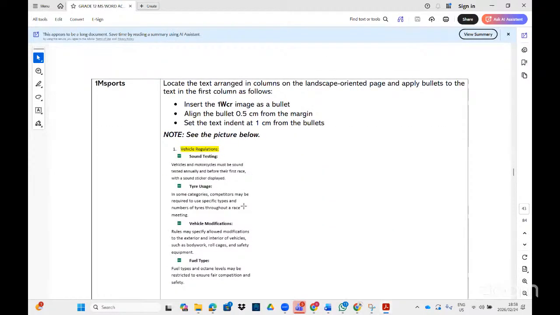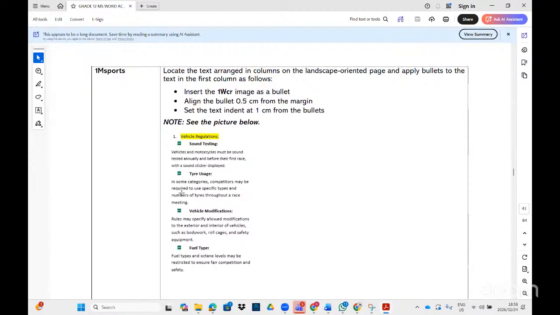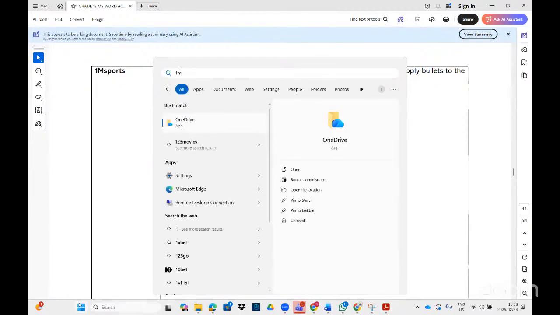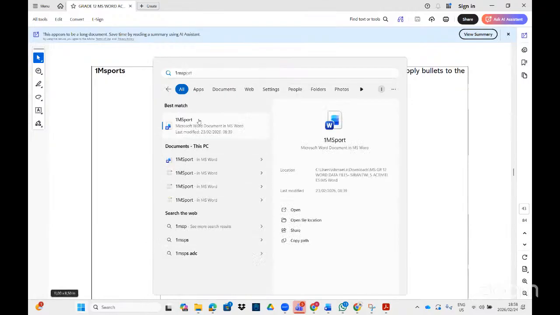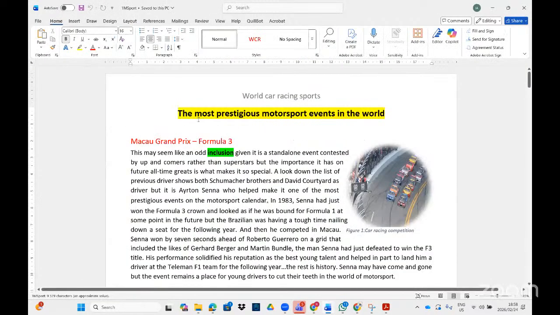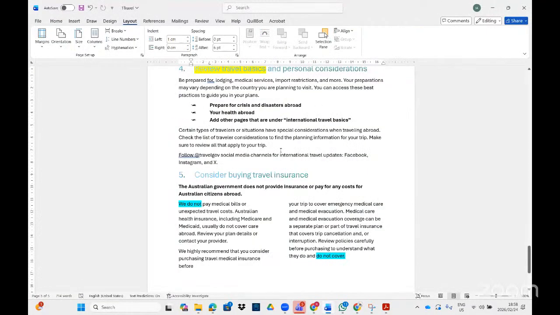Now we move straight to multi-level list. I'm going to focus on 1M spot. Now multi-level list is one list inside another one. So if you take a look at this 1M spot,